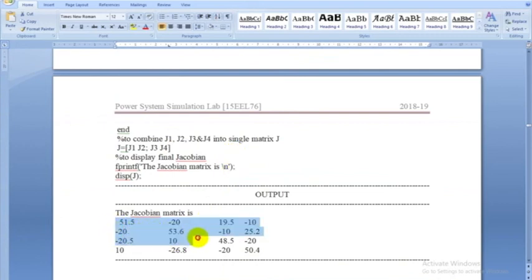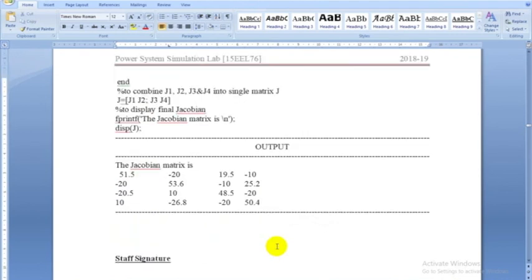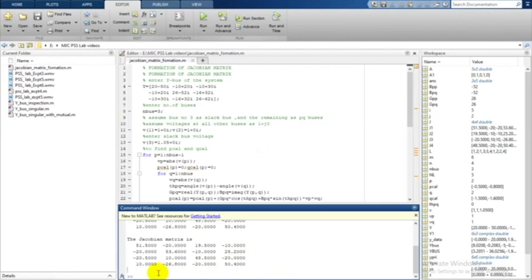See here J1, J2 are written. This is J1 matrix, this is J2 matrix, and this is J3, this is J4. We have arranged this by using this coding. So in MATLAB it supports all this without any extra code. J1 beside the J2, in the next row J3 here and J4. So you type the program as it is and run, you will get the output. I will show you this by clearing the command window.